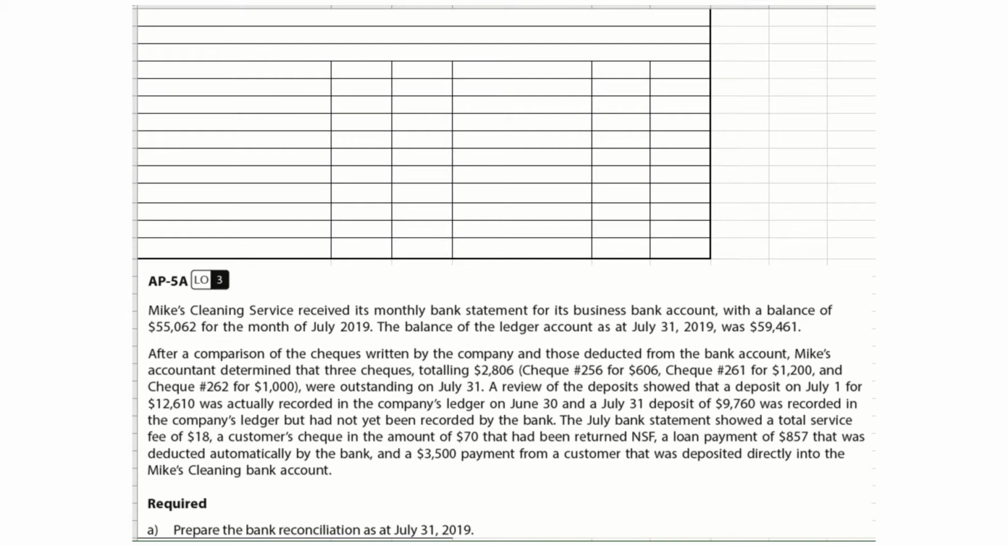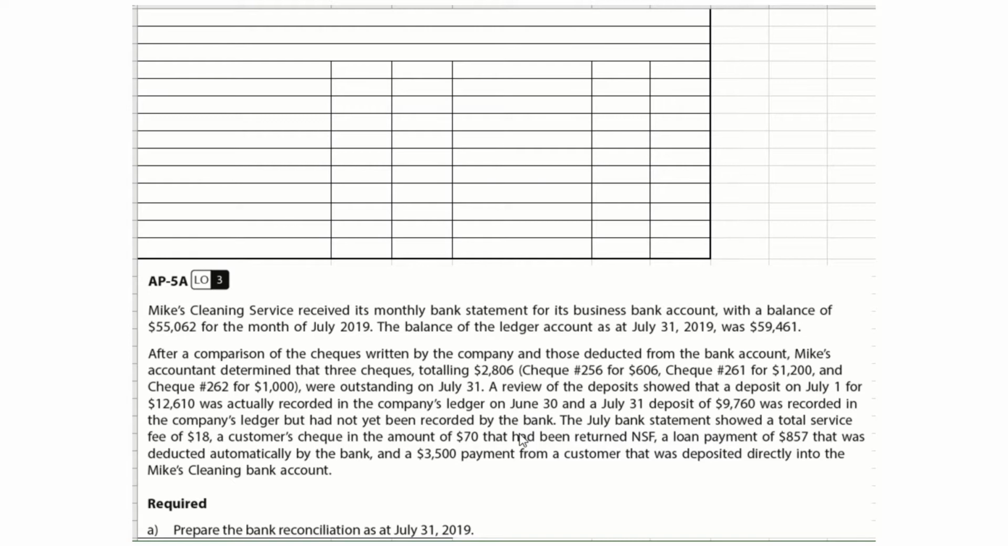The controller compared the checks written by the company and those deducted from the bank account, and the accountant determined that 3 checks were outstanding on July 31st, as indicated here. And review of the deposits showed that a deposit on July 1st for 12,610 was actually recorded in the ledger on June 30th, and a July 31st deposit of 9,760 was recorded in the company's ledger, but not recorded